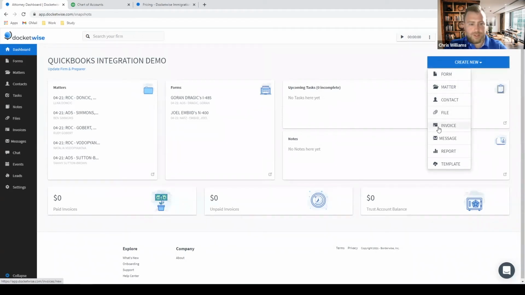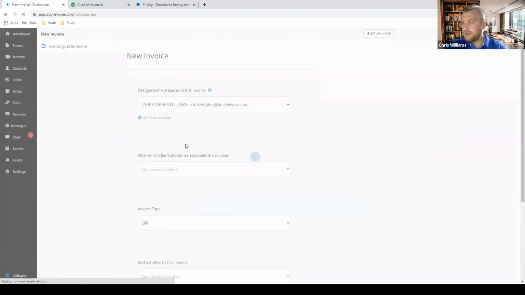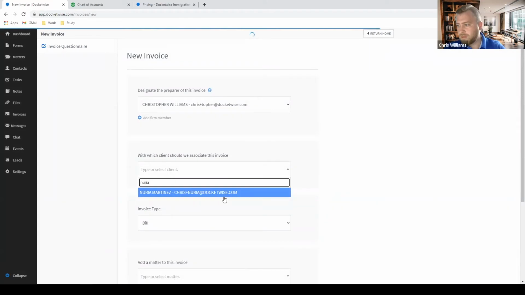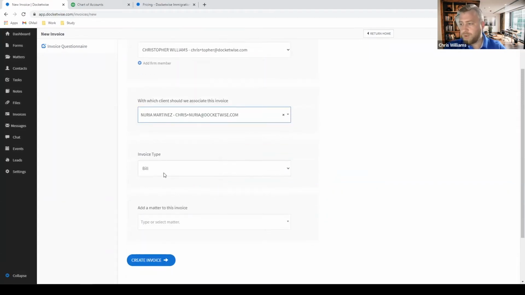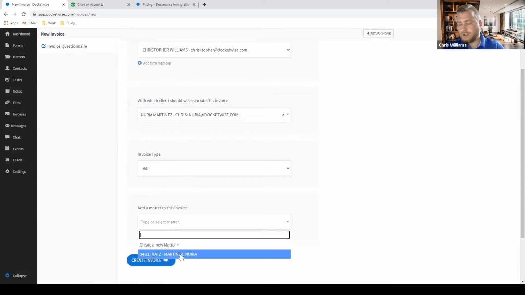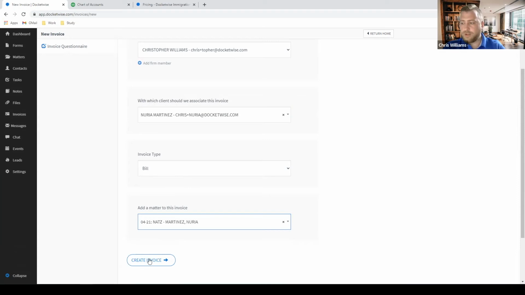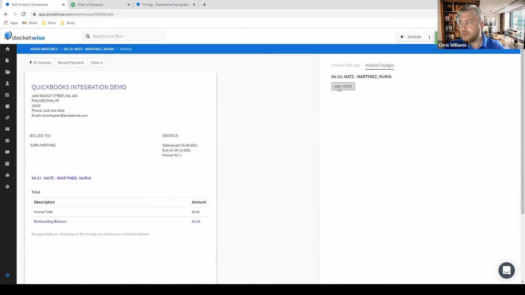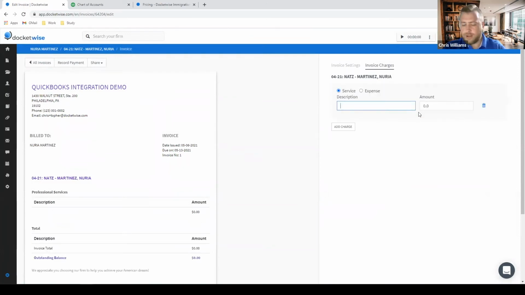So I'll create a new invoice, let's say for Nordia. And we will, of course, indicate it as a bill. It's going to go into our trust account, or sorry, our operating account. And I will indicate a matter here as well. And of course, to add the charges, I would just add them right here. So let's say attorney's fees